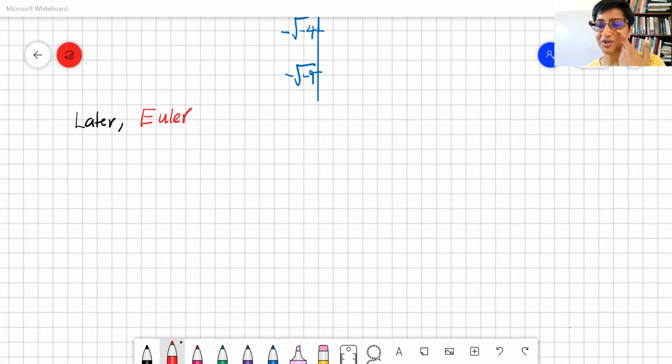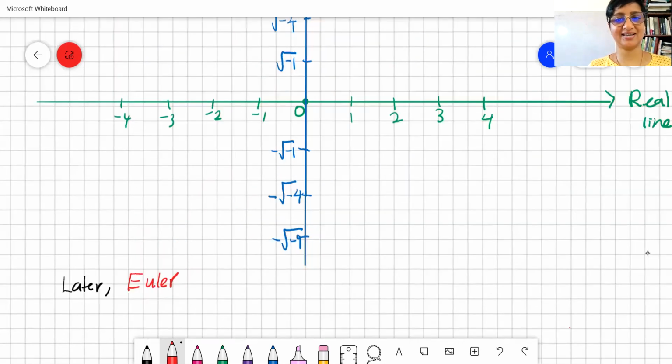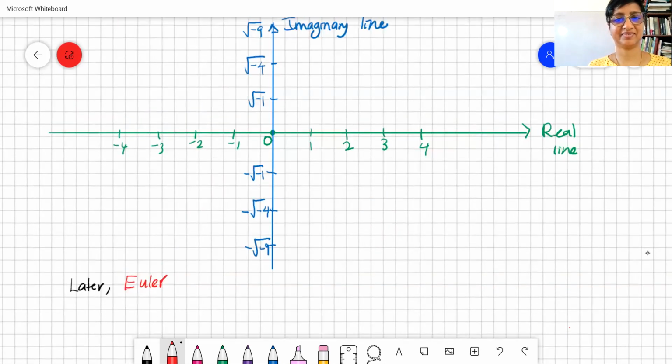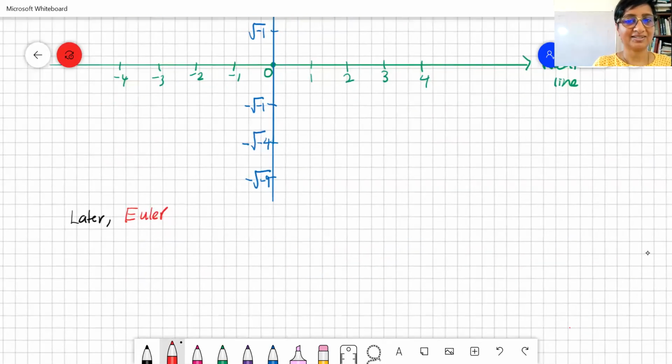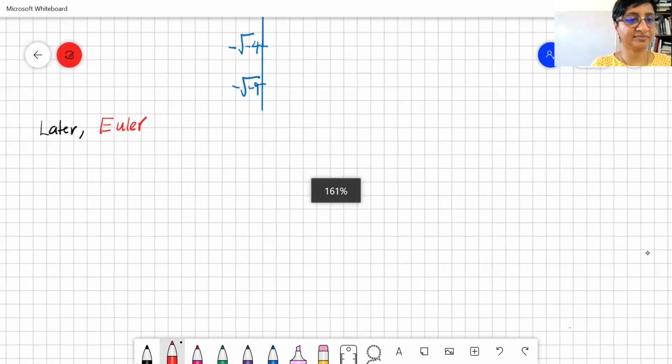Wait, aren't we supposed to draw the diagram? Yes, you are supposed to draw the diagram. Did you not? I was drawing it halfway through and then. Okay, Miss, can you scroll it up for a second? I'll take a screenshot and then draw it later. Just have a look. You can take a snapshot in your mind of this. It's an easy diagram. Yeah, okay, got it. It's in my mind. Right. Okay. Then later, Euler